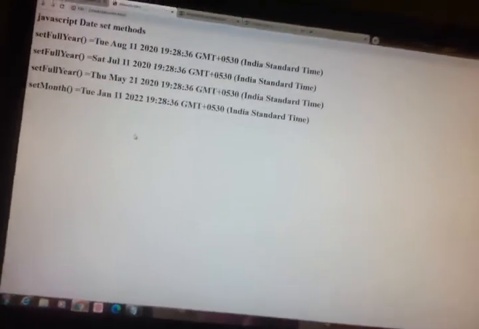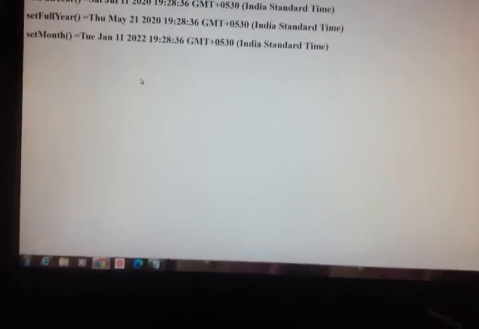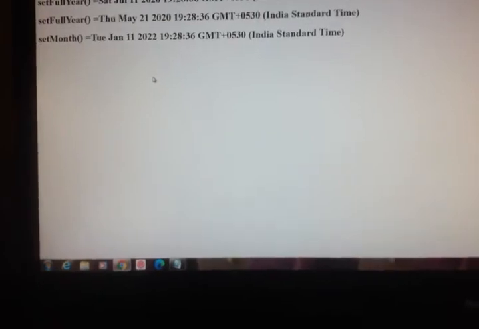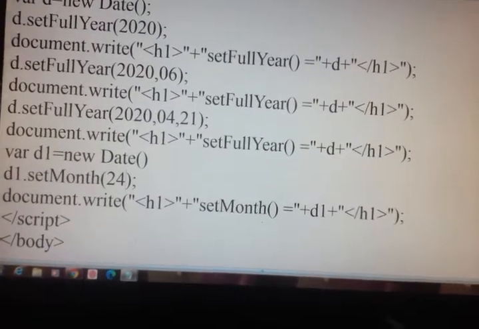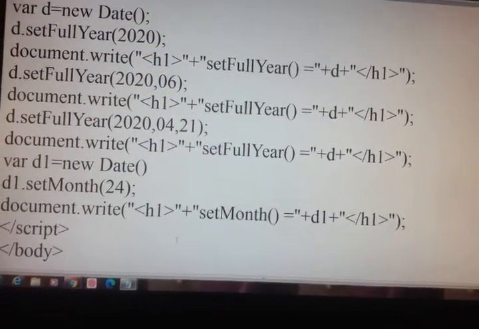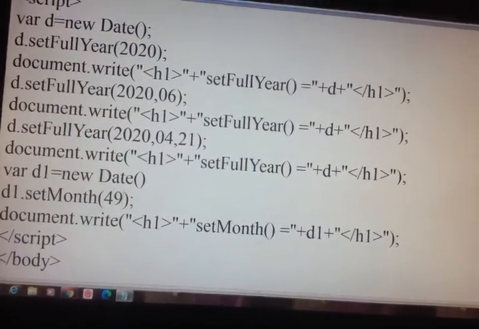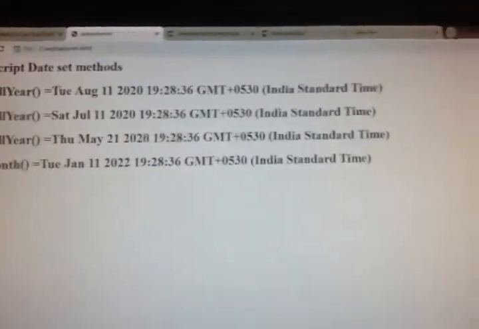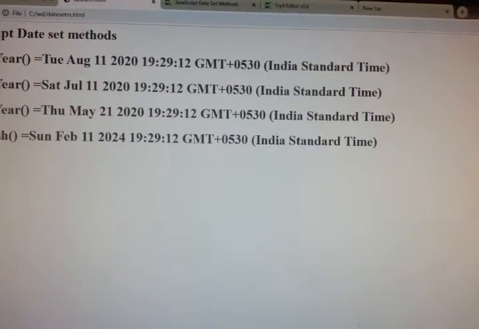So that is how we set the months. If I change it to 49, it will become 2024.